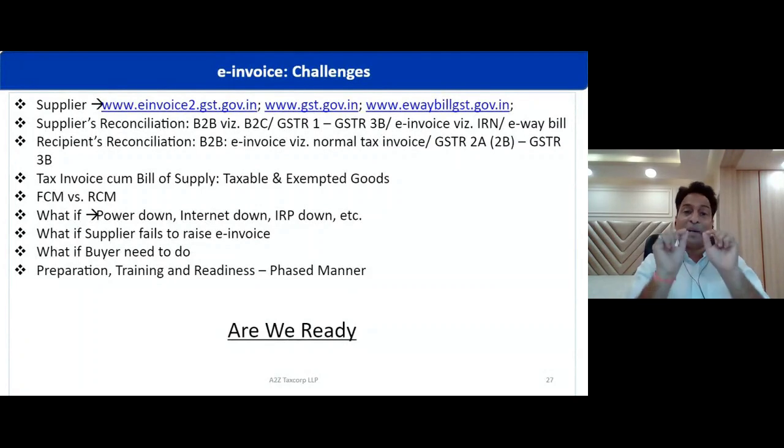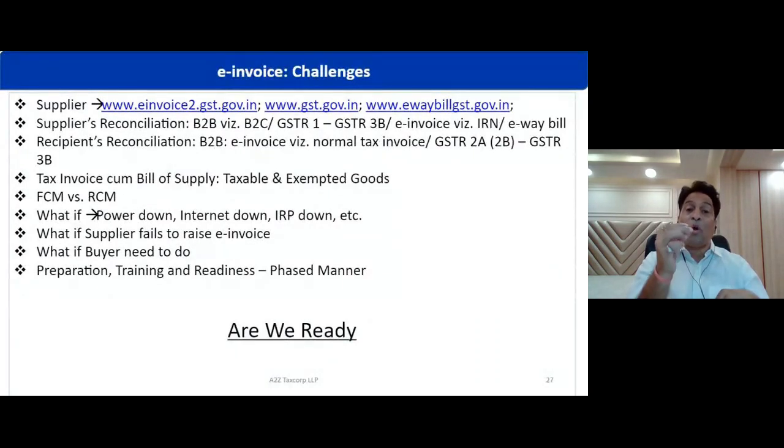We have to start. But last and foremost point, you all would be thinking why the government has not given us enough time for preparation for this e-invoicing system. I'm sure you'd be thinking along those lines. Let me highlight 3-4 important points. The first point, the government has lost 1,20,000 crore rupees in the last 3 years.